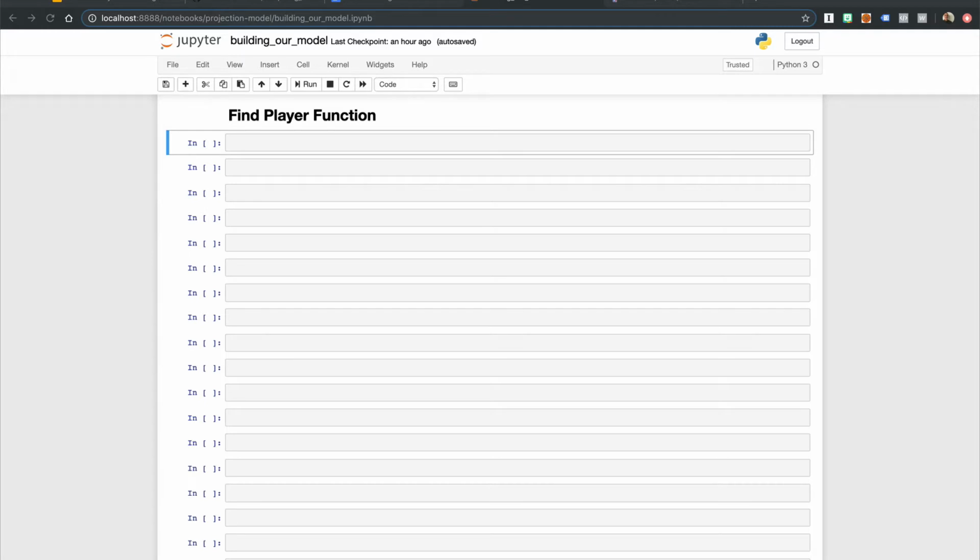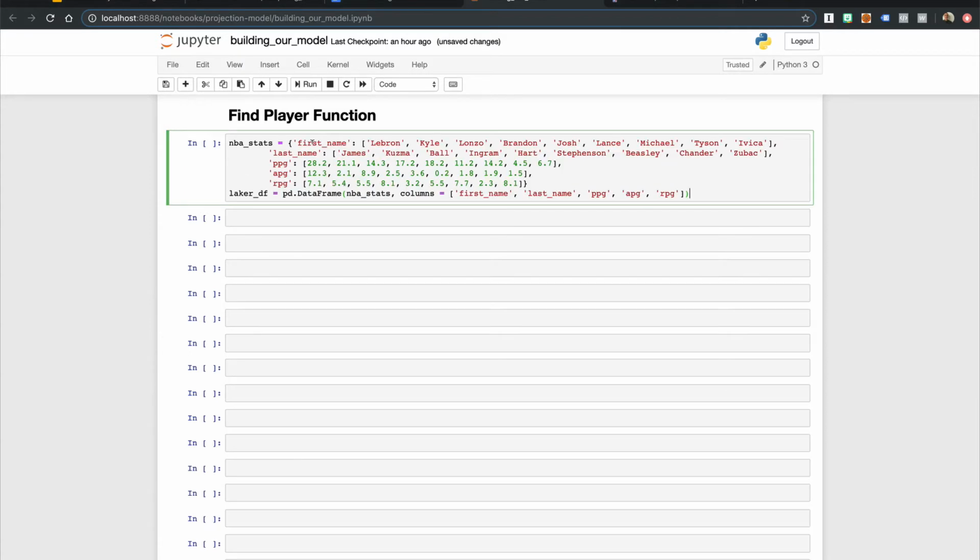Recall our preferred method for looping over data frames? We want to use the iterTuples method. In our example, we did the following for a Laker DF. So if I reuse this data, I'm going to create a Laker data frame. And what we did before is we said for row in Laker DF iterTuples,